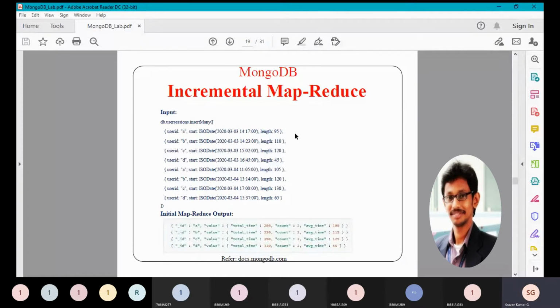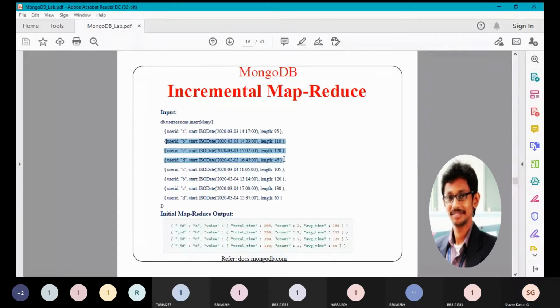Similarly, user ID B has also logged in on the same day, March 3rd, 2020, but the timestamp is different, 14:23:00, and his duration was 110 minutes. Similarly, user ID C and user ID D on the same day.